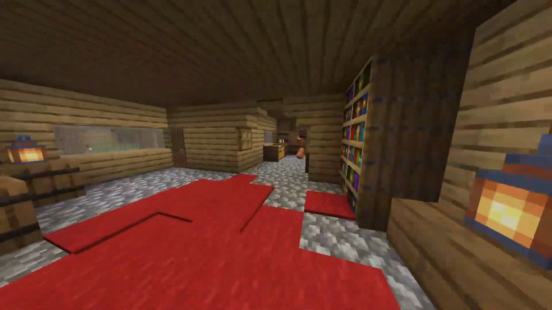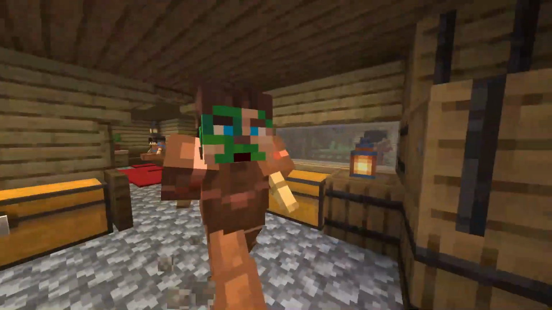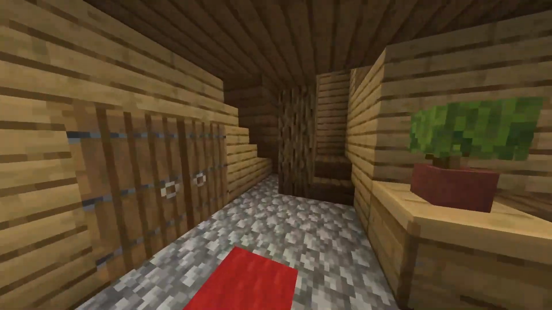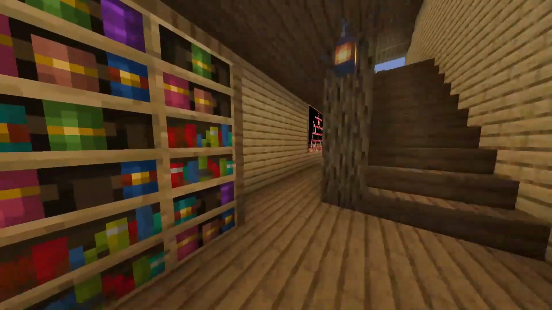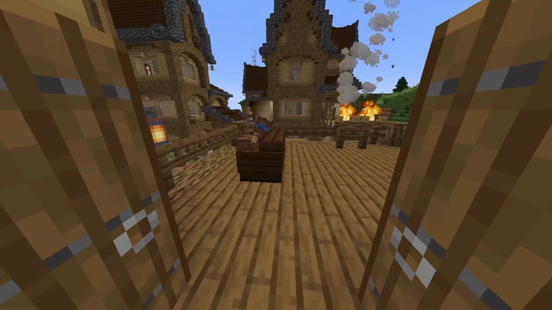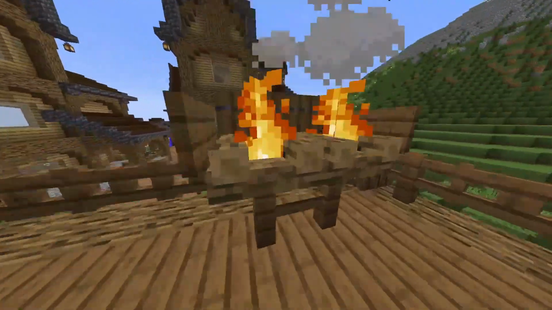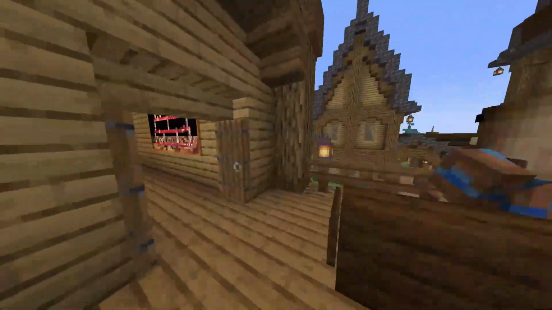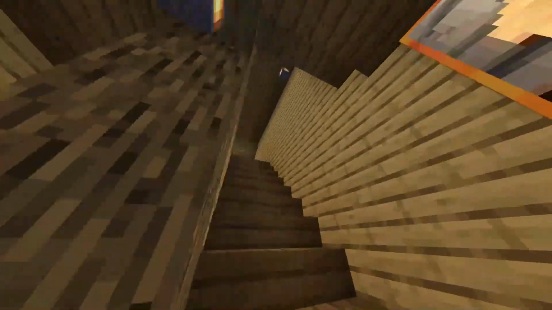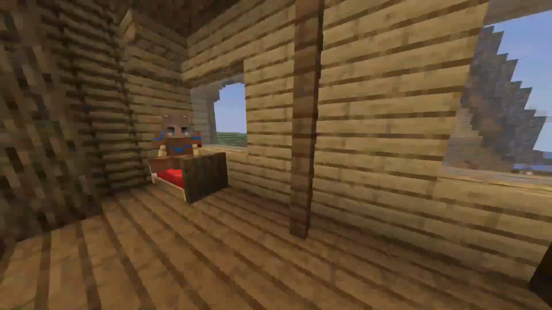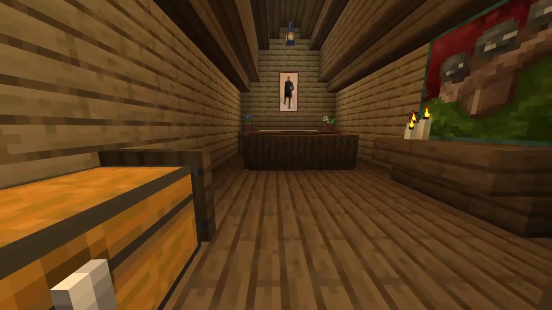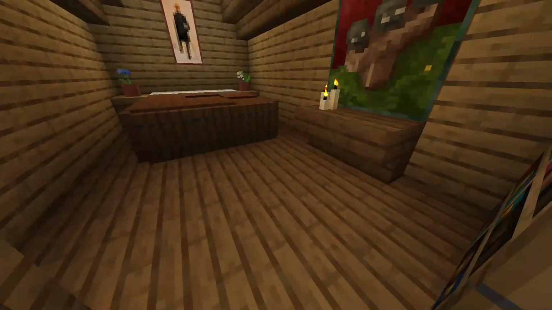Then we have a little couch here. Armor stands, little kitchen. Then we got this staircase going up. Bookshelf here. Our couch, a little balcony here. A nice campfire thing, barbecue, that's what it's called. Then we got another floor up here. Some more couches, bed. Final floor up here with large bed, chest stuff.